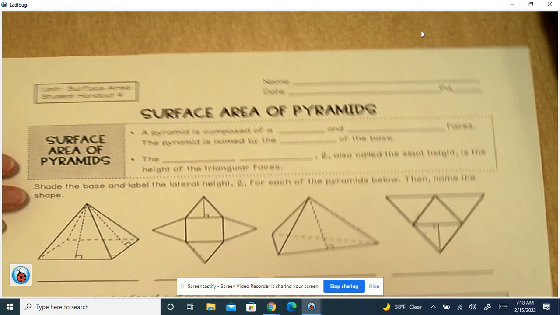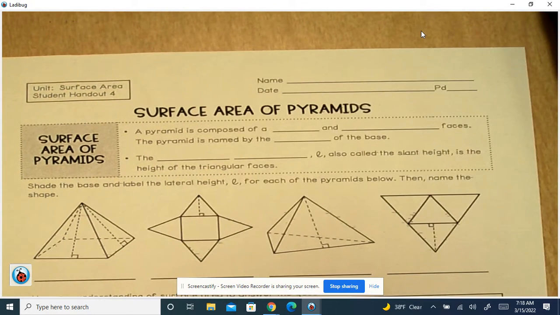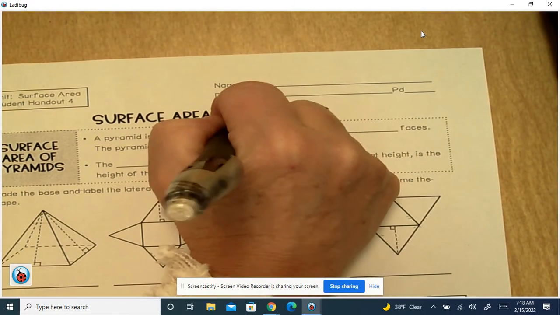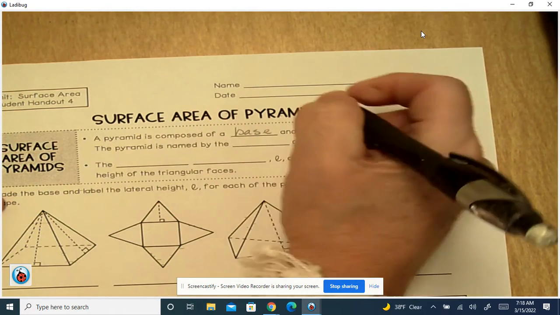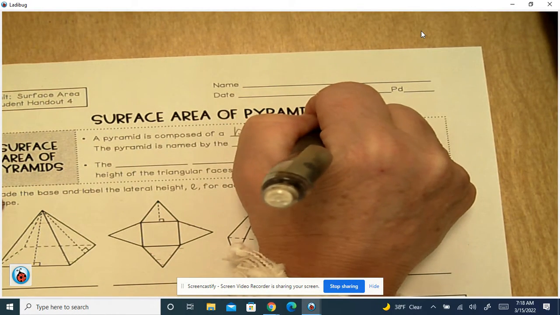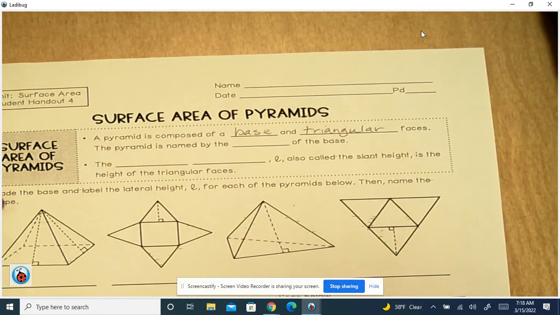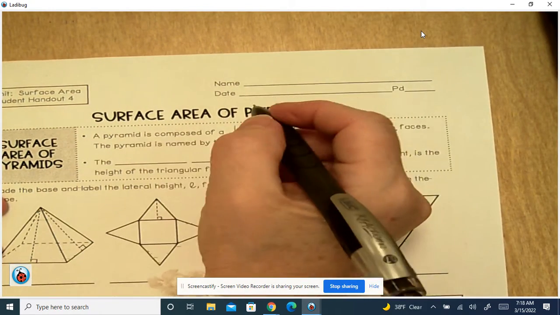This video is on surface area of pyramids. A pyramid is composed of a base and triangular faces. The pyramid is named by the shape